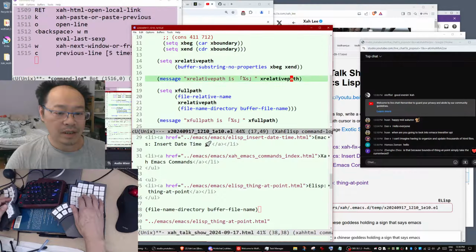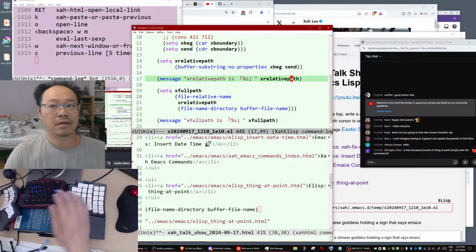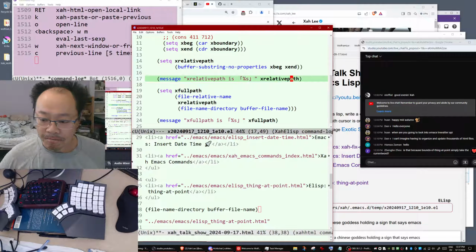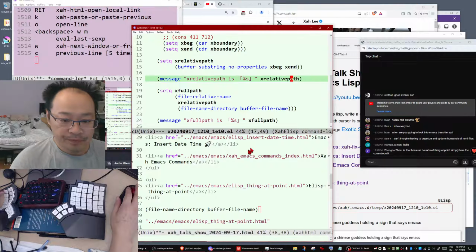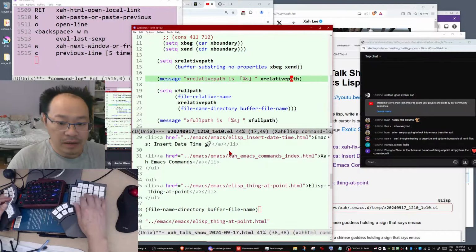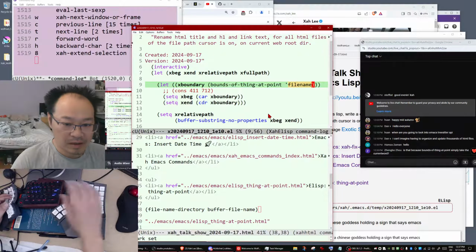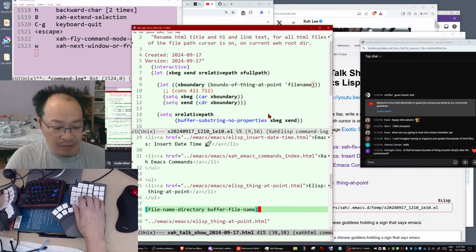Now, what is relative path? Bound of thing. We are taking a file name here. You can supply an argument. So anyway, let's go.